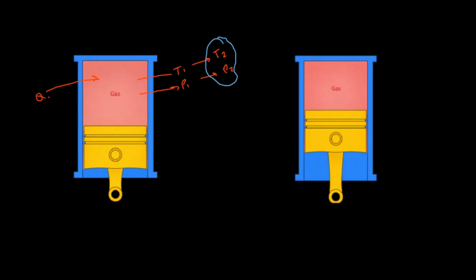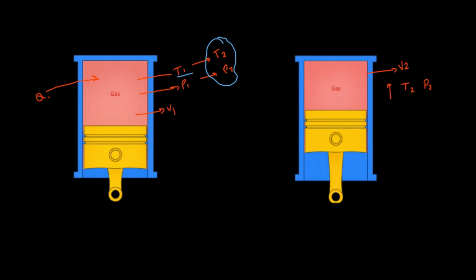On the other hand, let me say I compress the gas, right? It was at temperature T1, pressure P1, and let me say the volume is V1. Now, without changing the temperature, I compress the gas and the volume changes to say V2. It is not necessary that both temperature and pressure will change to T2 and P2. Yes, one of them will change, but it is not necessary that both of them will change.